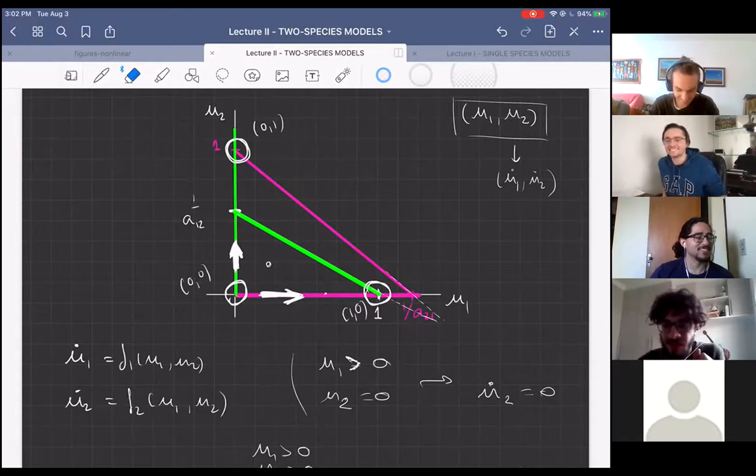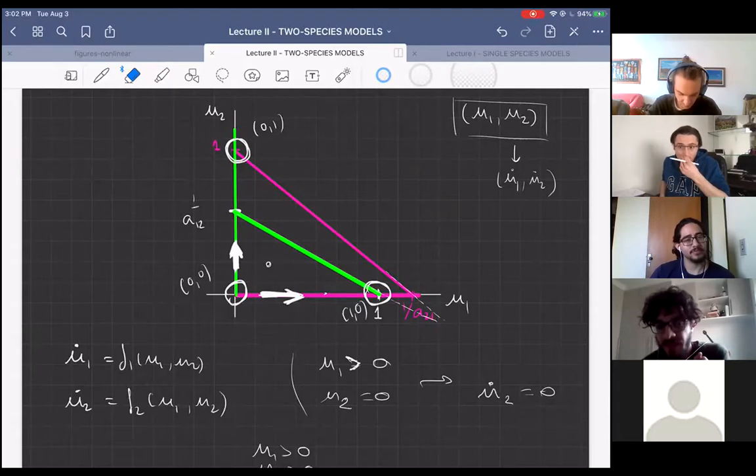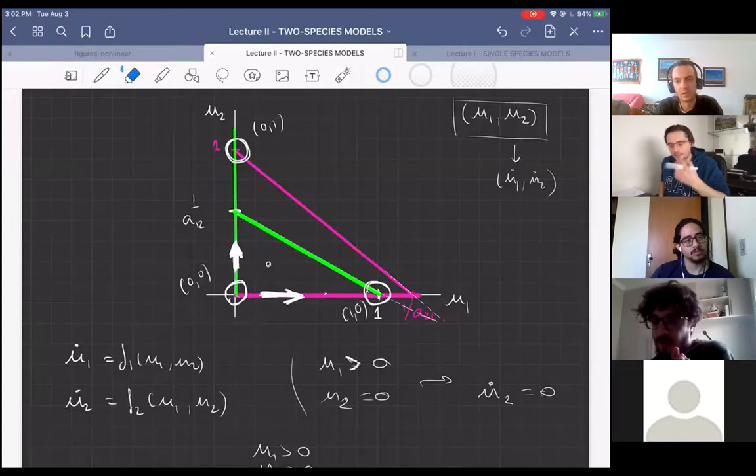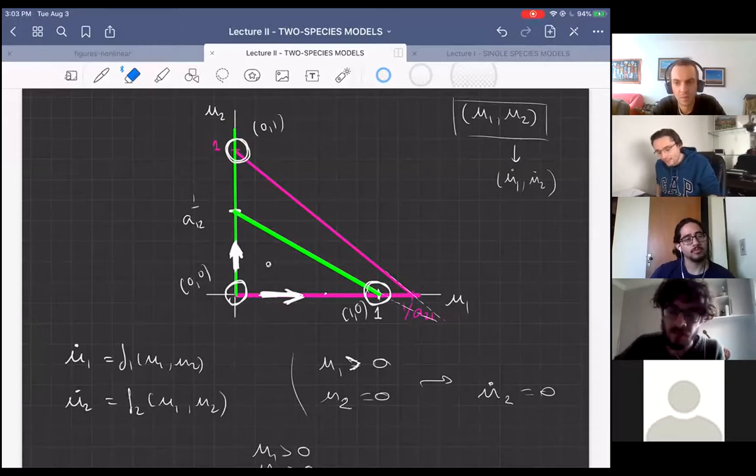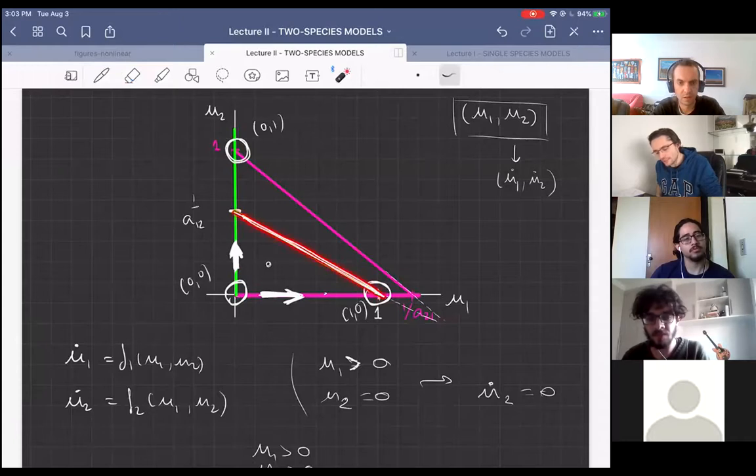Okay. I don't know if it's what you mean, but when the point crosses the green diagonal line, it kind of flips the sign. Does it have anything to do with it? Exactly. That's perfect, Nicholas. What is the definition of these lines? The definition of a nullcline. The nullcline is the line